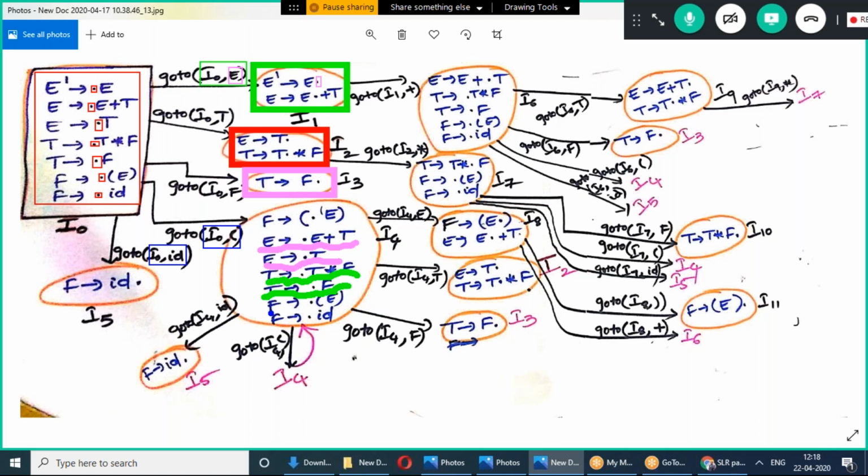These are the two F productions we need to write in this. So F tends to dot open parenthesis E close parenthesis. F tends to dot ID. These two productions we wrote. After writing, we need to check whether any non-terminal occurred after dot. Dot open parenthesis: open parenthesis is a terminal symbol, so no need to write any more production here. And F tends to dot ID: ID is also a terminal symbol.